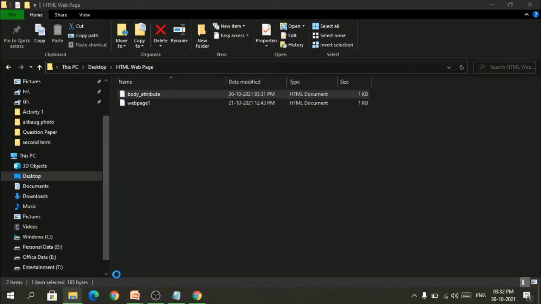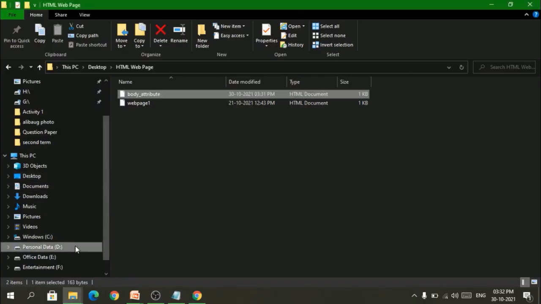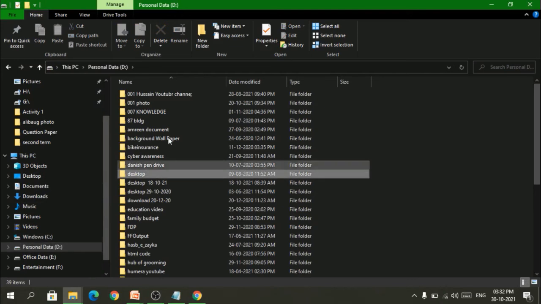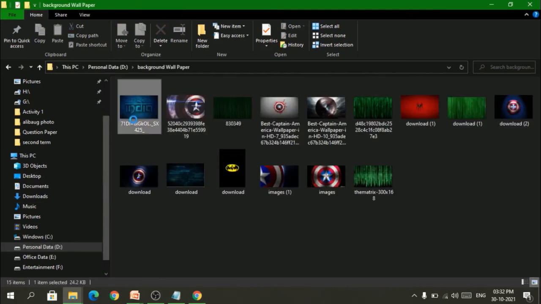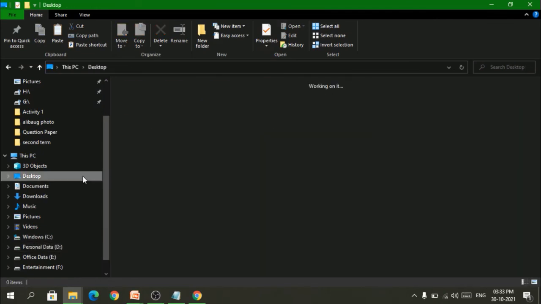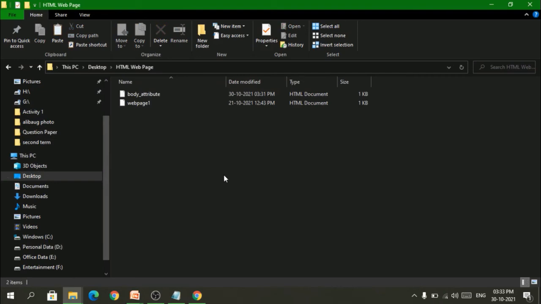So I will just look for an image in my computer. There should be something background. Okay, this will look nice. Ctrl C, and then again going to desktop, HTML coding, and paste my image.